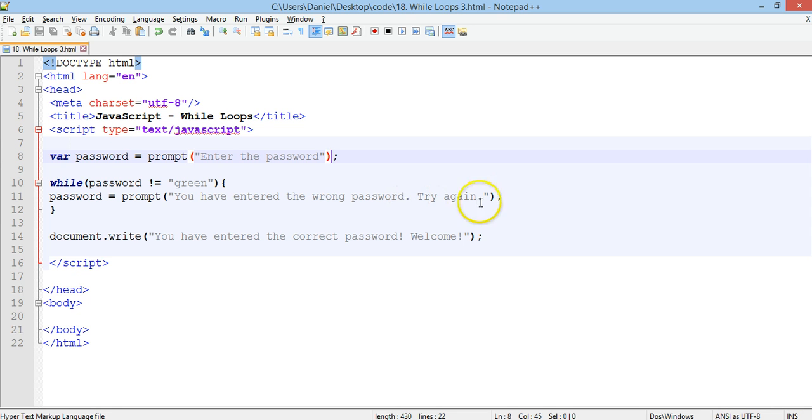You have entered the wrong password, try again. When the user tries a different password, the password variable will be updated to whatever they enter in that prompt box. Okay? And then the loop will run again. So it will check again, is the password not equal to green? If the password is not equal to green, then tell them again they've entered the wrong password, they have to enter it again. When they finally enter the right password, so when it is green,